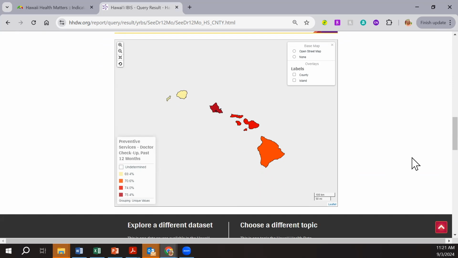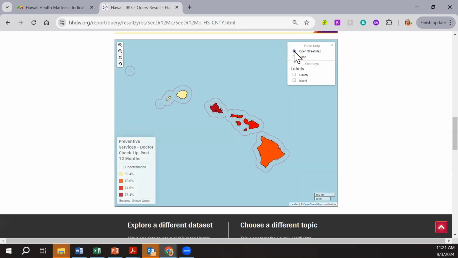So here we can see that Honolulu County has the highest prevalence, and if you hover over it, you can get the actual data values. Here you can also zoom in and zoom out. You can open the street map, which changes the background to blue, and I believe also puts some of the major freeways on there. You can't see them because the county is the full island, or you can keep it